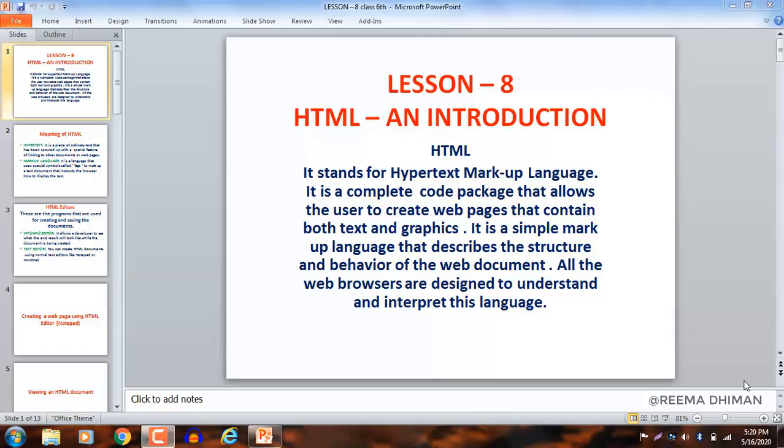As in the previous classes we have learned a lot about the internet. So what is it? Internet is a network of millions of computers which are connected to each other to share information and resources. Computers on the internet are either servers or clients and communicate via networking protocols.